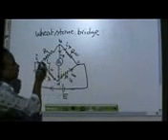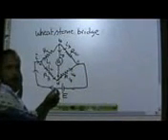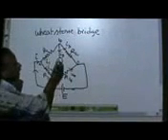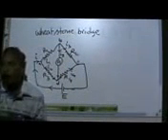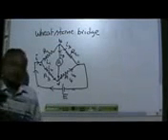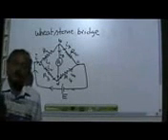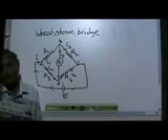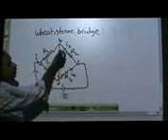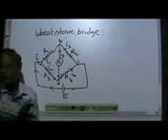Now, between the 2 opposite junctions A and C, a cell is connected. Between the remaining 2 opposite junctions B and D, a galvanometer is connected in order to detect the flow of current. Generally, a galvanometer is a device which can be used to measure the current in a circuit, or sometimes a galvanometer is also used to detect the flow of current in a circuit. So there are 2 types. So it's a detecting type of galvanometer that is connected between the opposite junctions B and D. So this forms a Wheatstone bridge circuit.